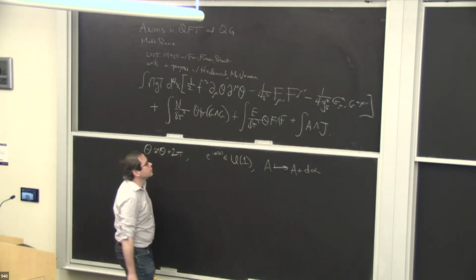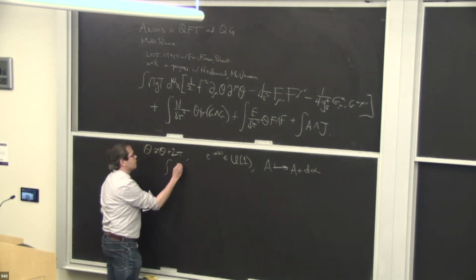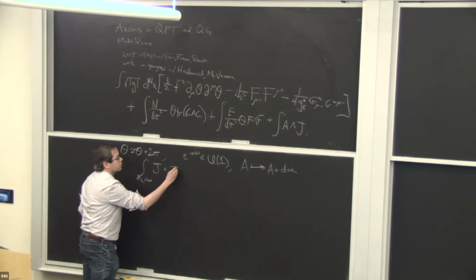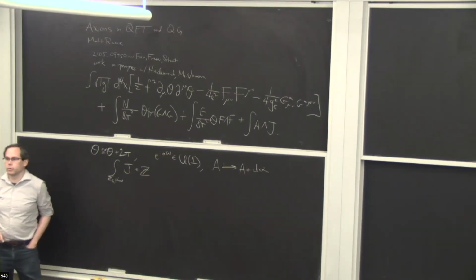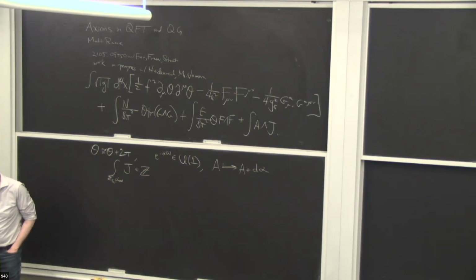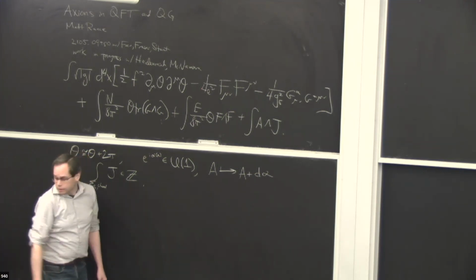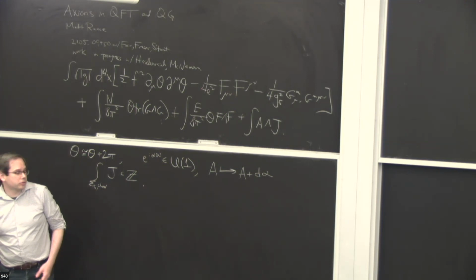Related to that statement, integrals of J over closed three-dimensional manifolds are integers. So we have quantized U(1) charges. And to compare what I'm going to tell you to how you usually see the coupling normalized in the phenomenological literature,